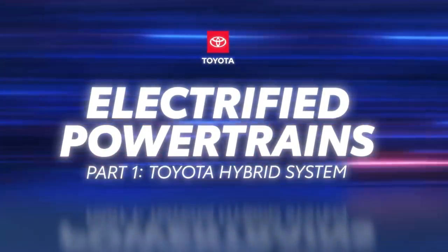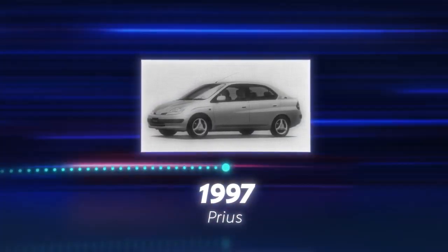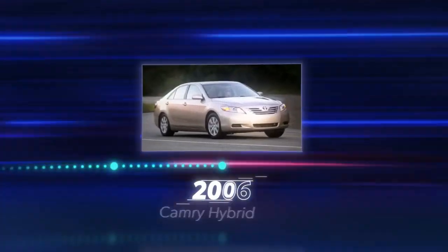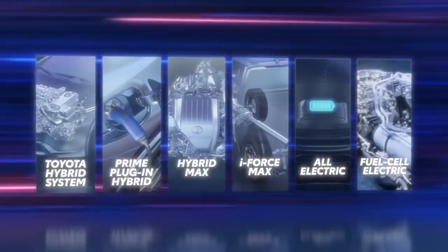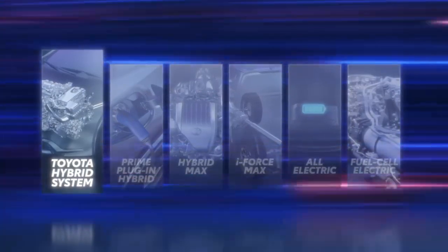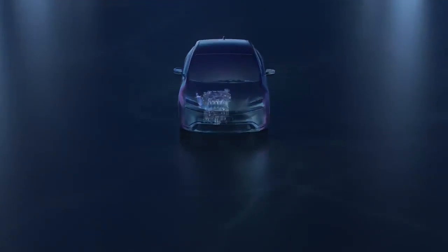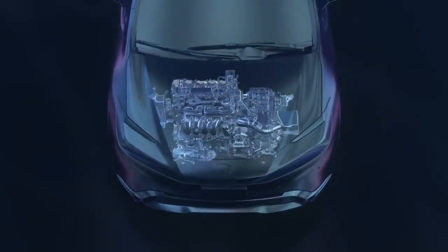Toyota helped start the electrification revolution in 1997 when it introduced the hybrid powertrain and proved its viability for use in passenger vehicles. Since then, Toyota has expanded its hybrid range to include multiple vehicles that have sold millions worldwide. Today, the Toyota Hybrid System, or THS, is an evolution of that original series parallel hybrid design, where the wheels can be driven by the gas engine or the electric motor, or both, and it's been further refined to provide